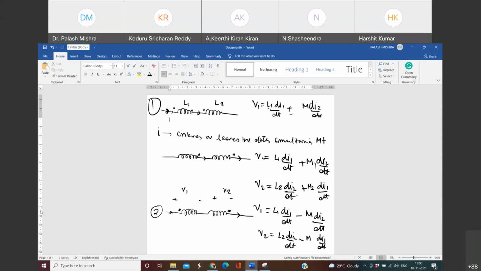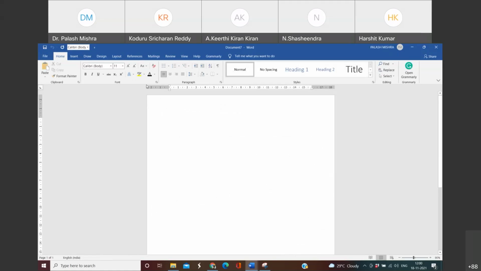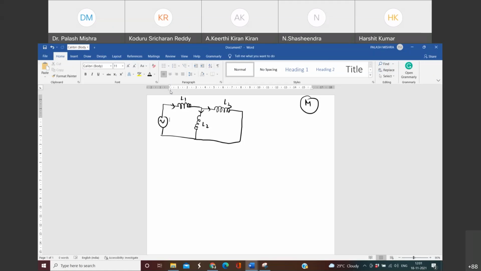No? Okay. So in the exam, you may be asked a question something like this: a network with a source and inductances something like this. These three inductances are mutually coupled. This is L1, L2, and L3, and the mutual inductance value is M. Suppose it is constant. You have to derive the voltage equation in these circuits. So can someone tell me the KVL equation? Suppose current I1 is flowing here, I2, and this will be I3.